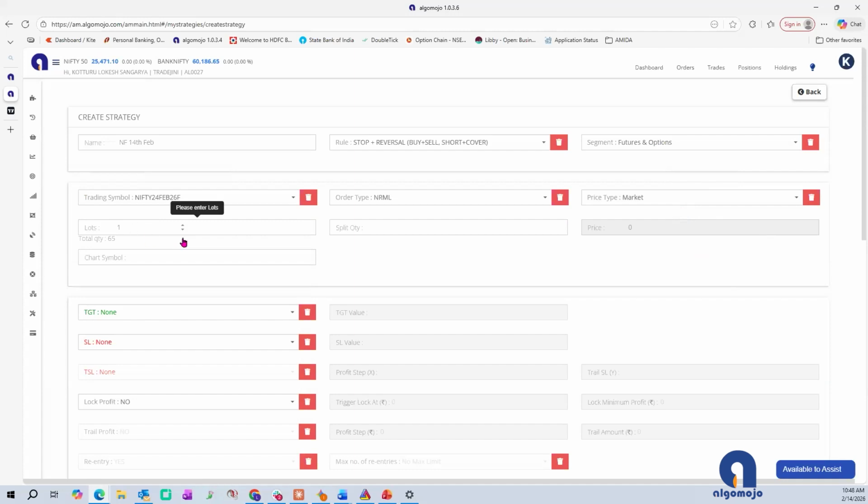Then update the number of lots that you want to trade. Suppose you want to trade 100 lots, you can type 100. You will be able to see the quantity also. For Nifty, the lot size is 65, so it will be shown as 65 x 100. If it is Bank Nifty, it is a different lot size. If it is Reliance Futures, it will be a different quantity. Depending on the instrument that you're trying to trade, the quantity will also vary based on the lot that you choose. And